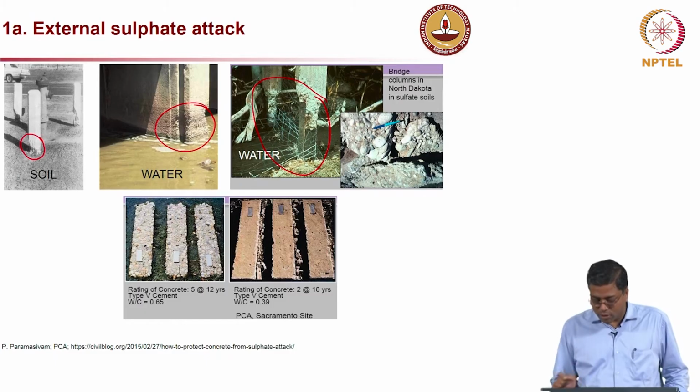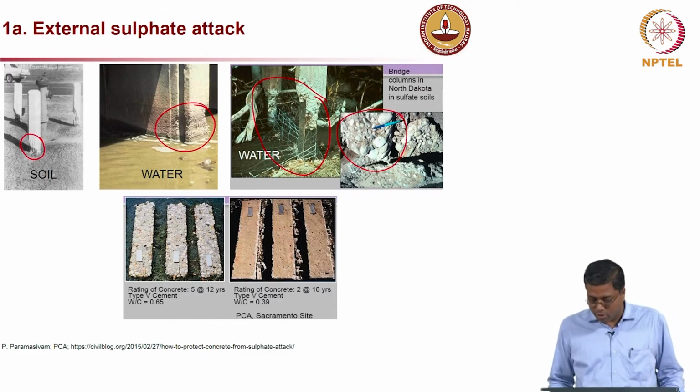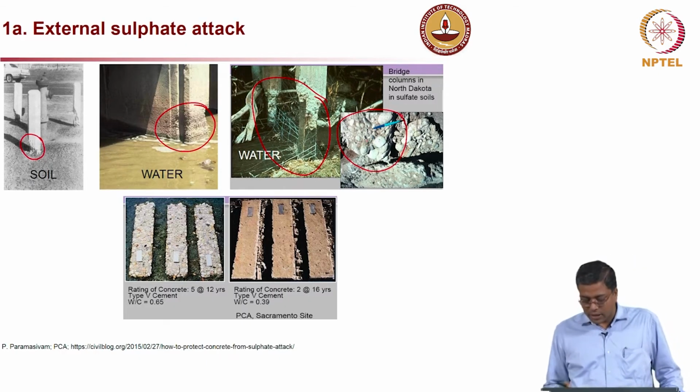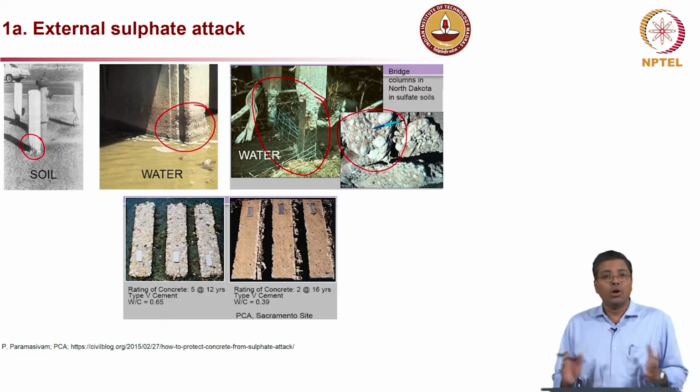I mean, there is no more concrete left in that section element. And one thing to note here, you can see this close up of that concrete element with a small pen to give you an idea about what the size is. You can very clearly see that the aggregates, which are basically river gravel, I think it looks like, the rounded aggregates, they are not damaged, they are intact.